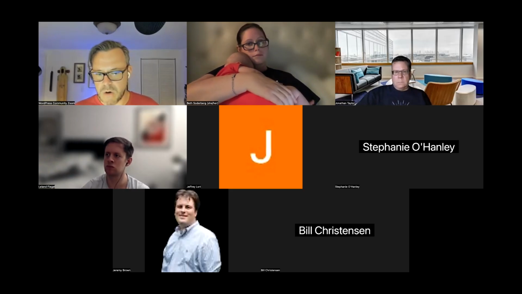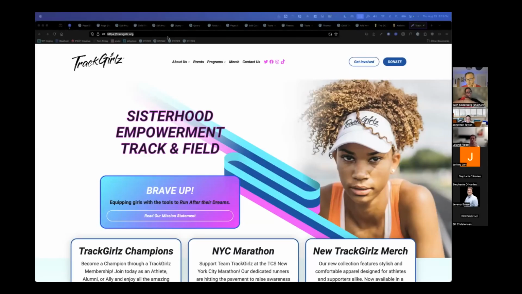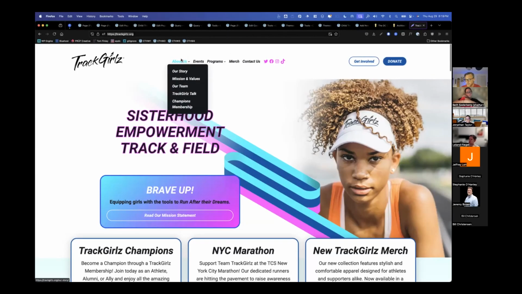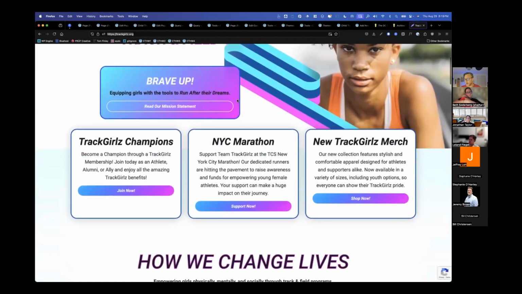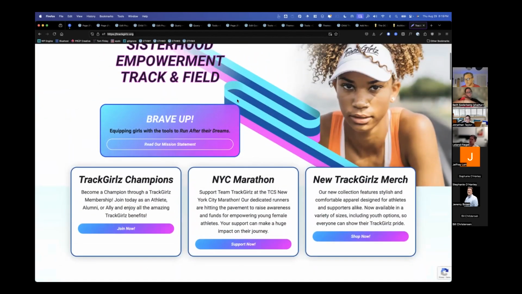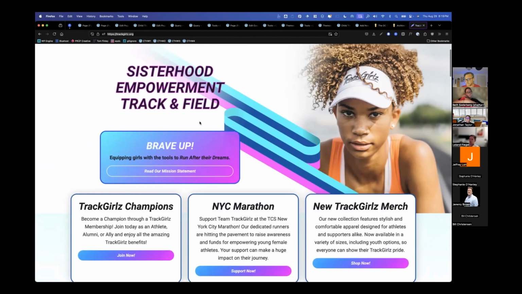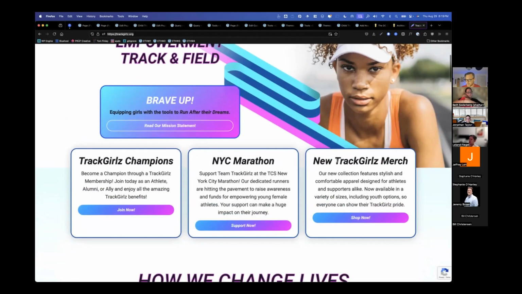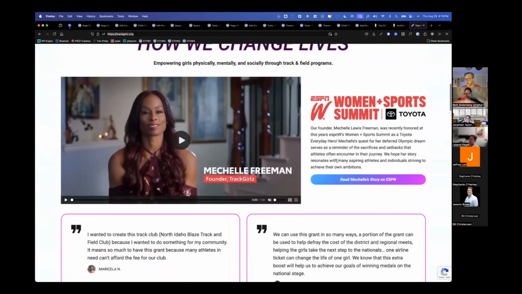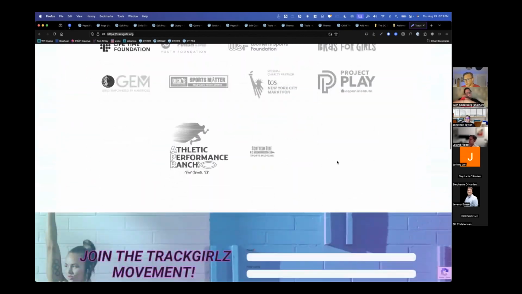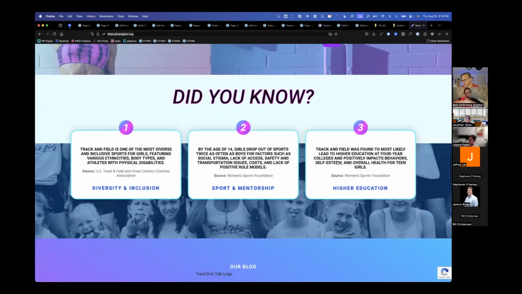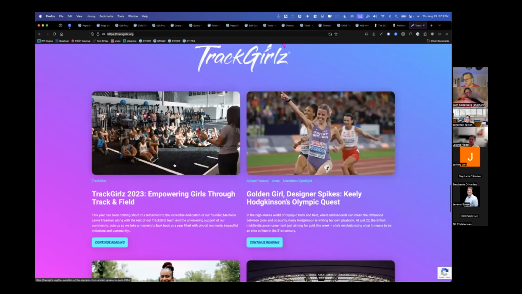So with Track Girls, there are only two contributors who use this, but they're both non-technical people. They edit these sections. There are basically four call to action blocks that you can see here. They also primarily change the blog.